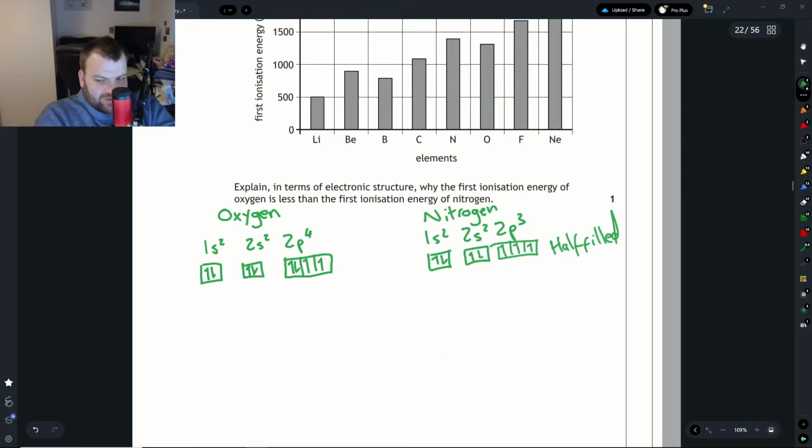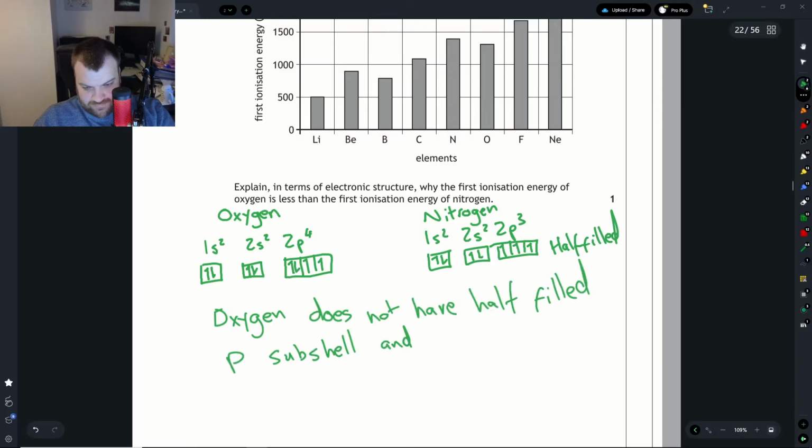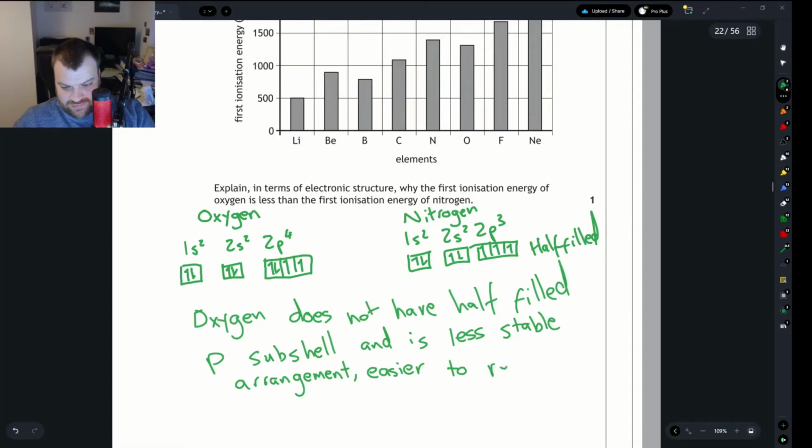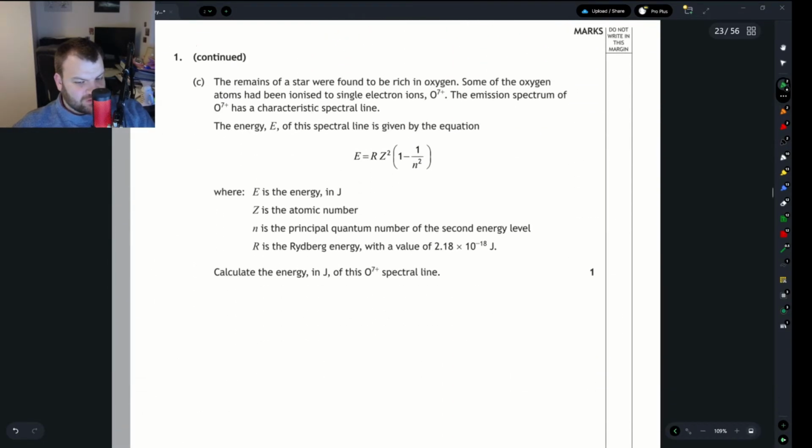The half filling of a subshell will provide extra stability. This question is asking you about the oxygen, so I'm going to start talking about that first. Oxygen does not have a half filled p shell or subshell, and that means it's a less stable arrangement. And that makes it easier to remove that electron. And that would explain that one. Next up,